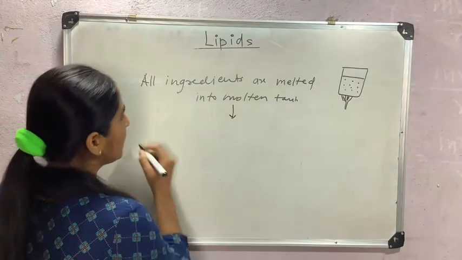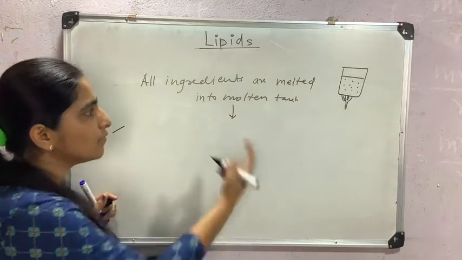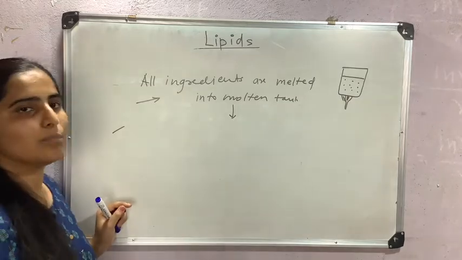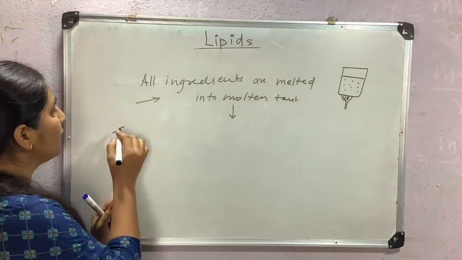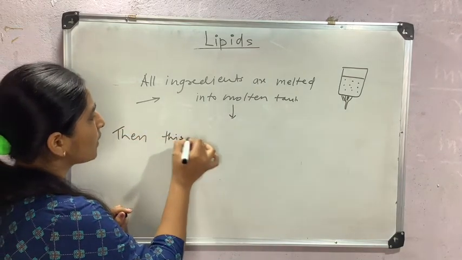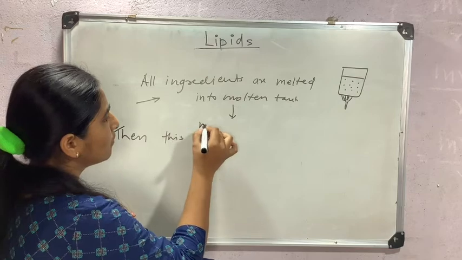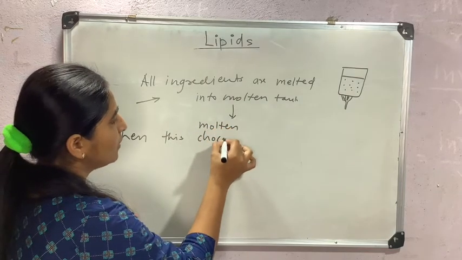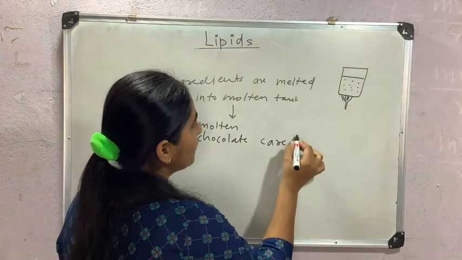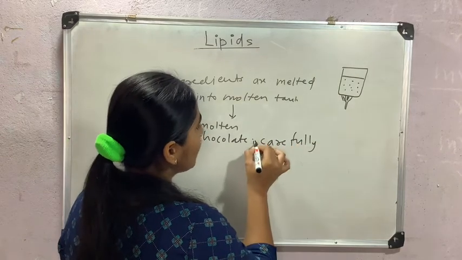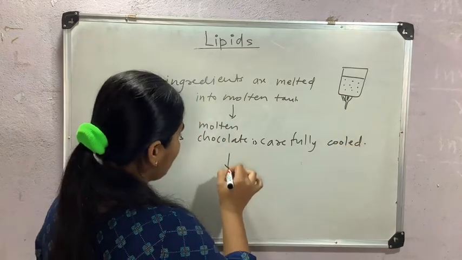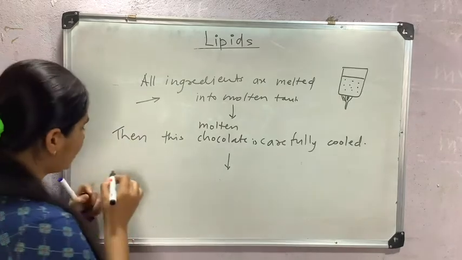Then we have to melt this chocolate because molten chocolate can be molded into different forms. Then this molten chocolate is carefully cooled. During this cooling process,